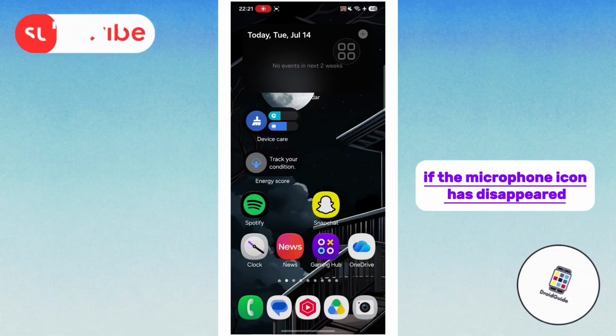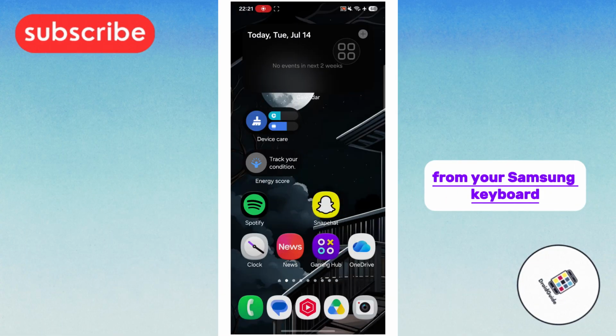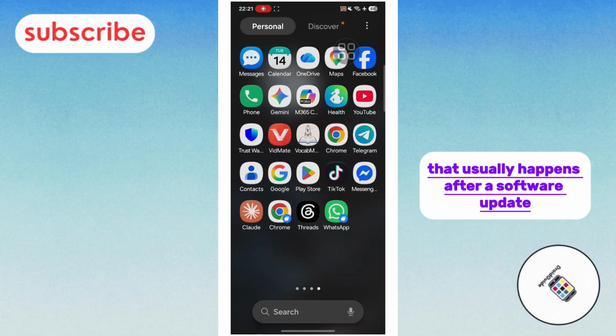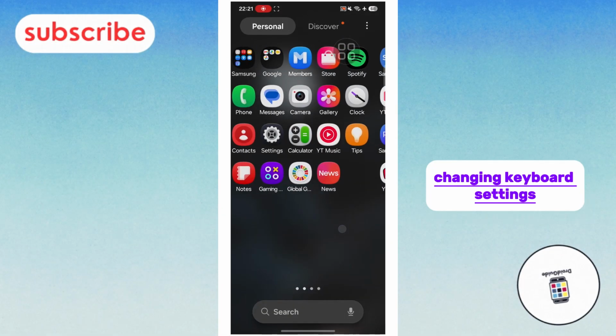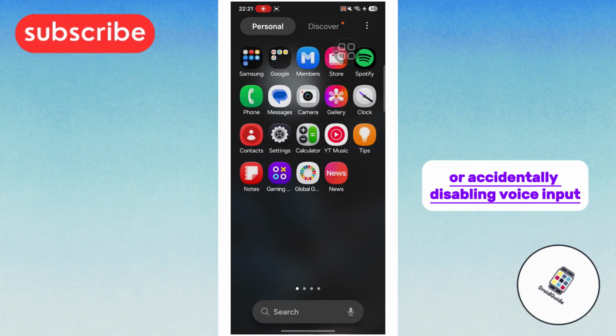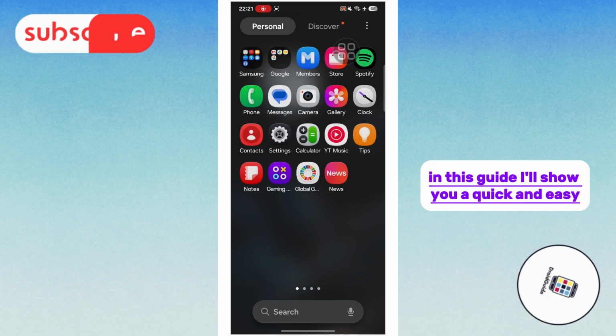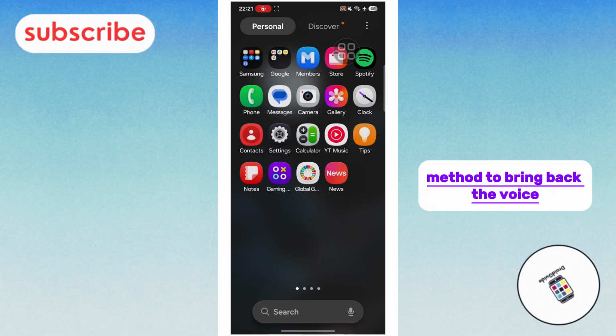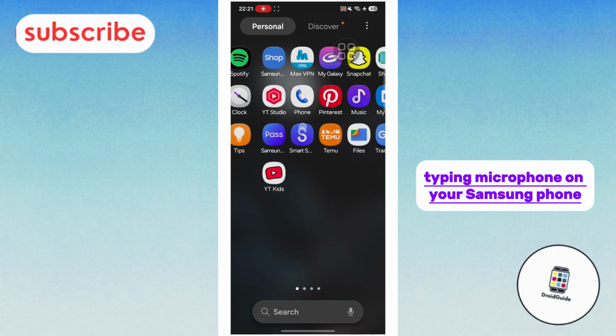If the microphone icon has disappeared from your Samsung keyboard, don't worry. This is a common issue that usually happens after a software update, changing keyboard settings, or accidentally disabling voice input. In this guide, I'll show you a quick and easy method to bring back the voice typing microphone on your